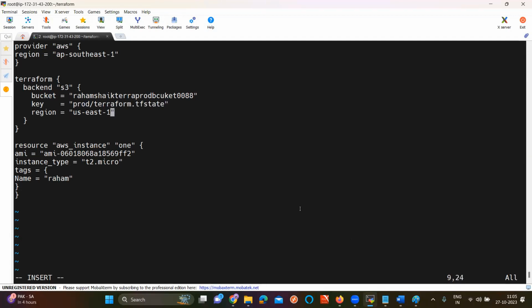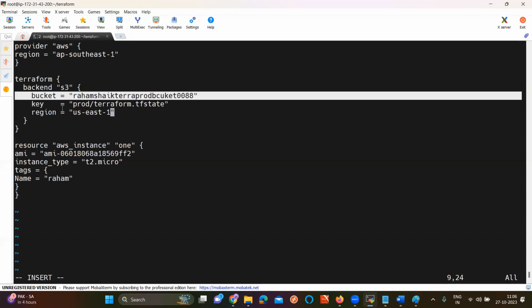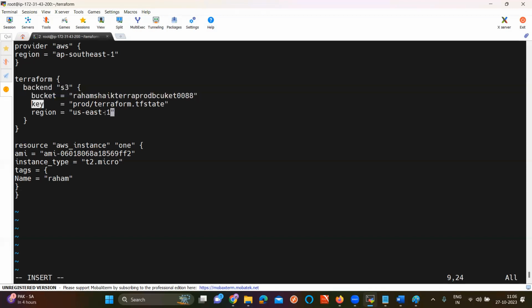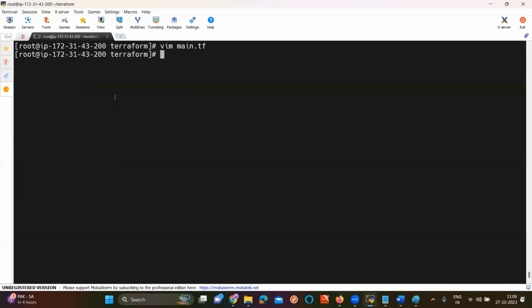That's it. I'm writing a Terraform block. Why am I writing it for my backend? To store my state file. Why store the state file in the backend? If we lose the state file, we can retrieve it from there. Here for the backend, I'm using S3. This is the name of the bucket. This is the key, that means in the production folder you create the file. Region means in which region you are going to create the bucket.